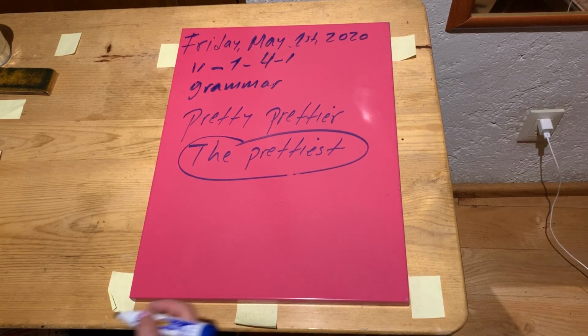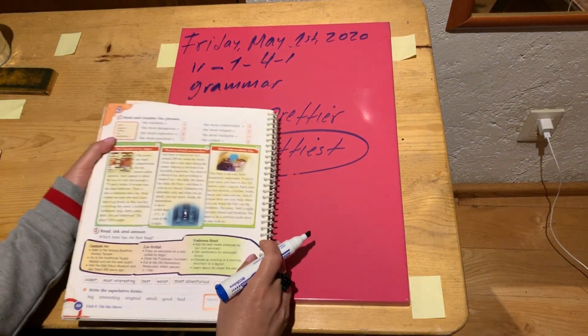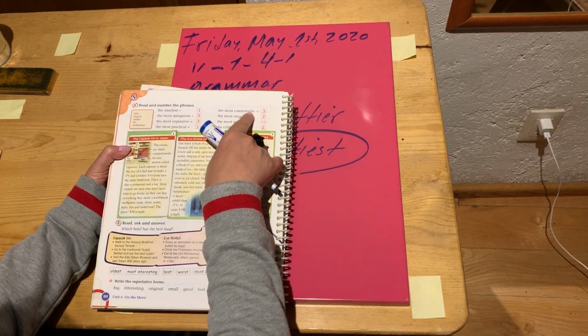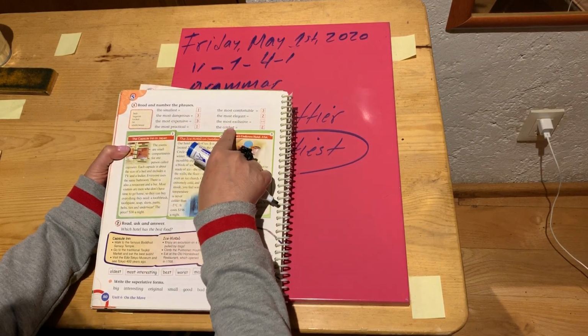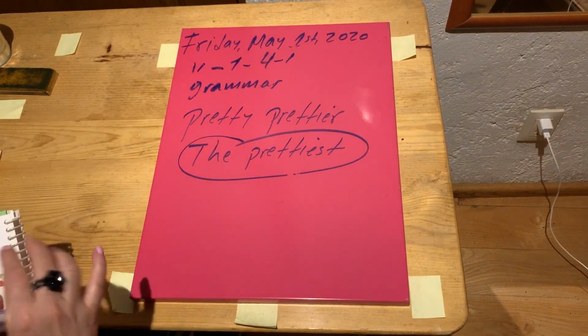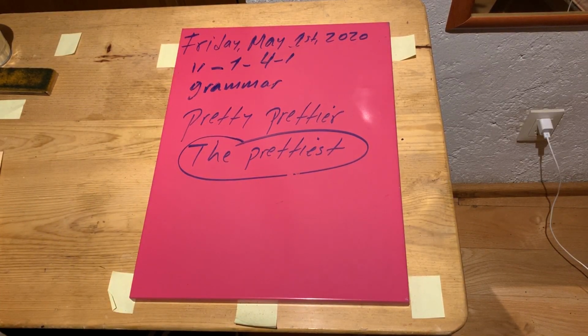But here we have these superlative adjectives. We have small, dangerous, expensive, practical, comfortable, elegant, exclusive, and coldest or cold, okay? So we're going to read. Do not copy this. We're going to read. So it says, read and number the phrases. But first we have this little square, and we have some vocabulary. We have belt, we have lagoon, we have locker, we have tie, and we have